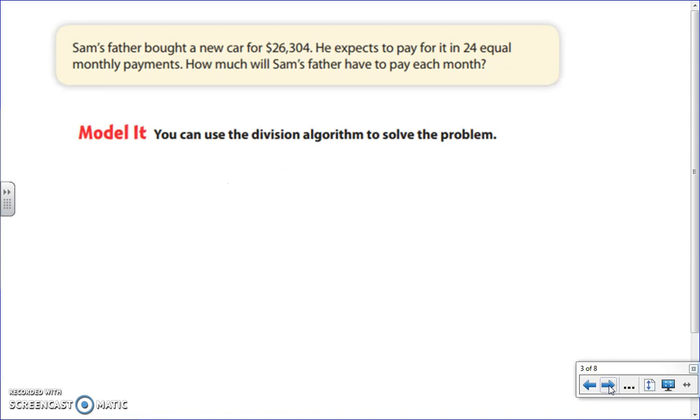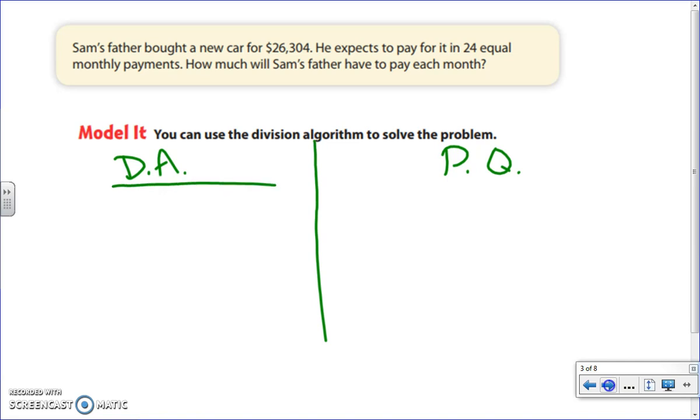So what we could do is use a division algorithm to solve the problem, and I'm going to show you that. This is the division algorithm, and the other is the partial quotient method, because I think that I may have confused some of you on that, so we're going to look at it again. So the division algorithm, I have